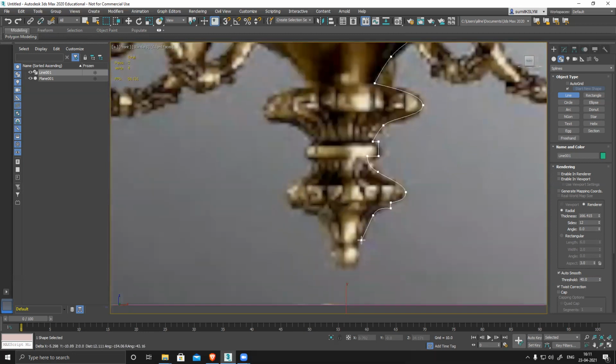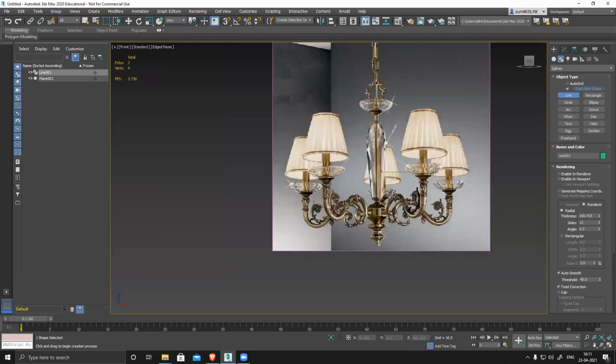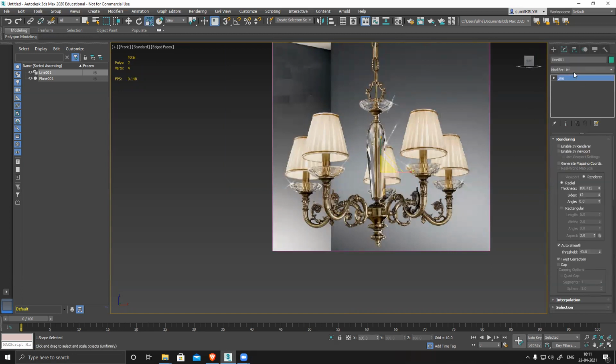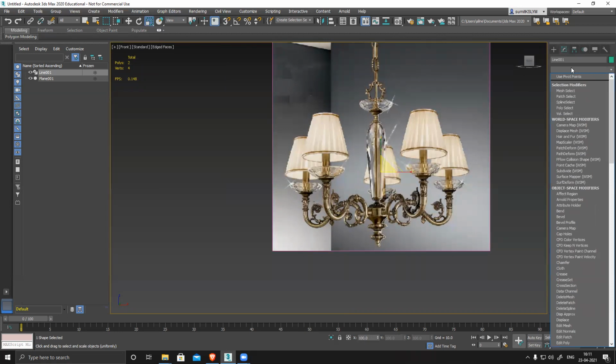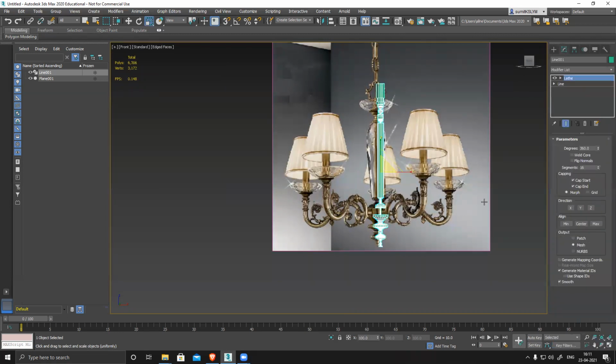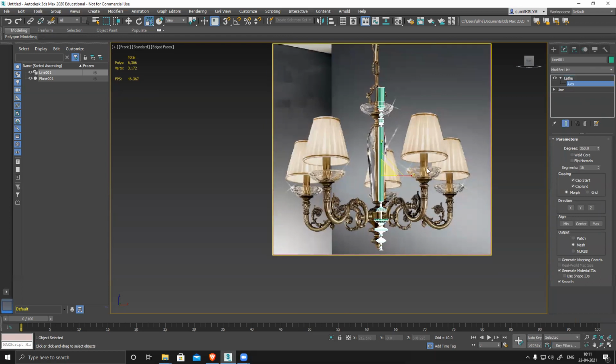Need to trace out the shape. Point, right click, bus. So I just traced out the entire shape, one single solid model. Now we'll go and click apply a lathe, and make sure the axis point